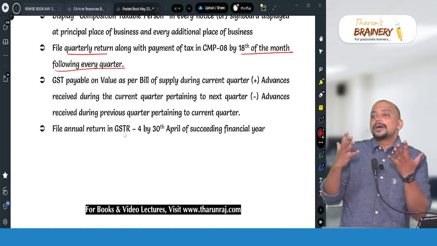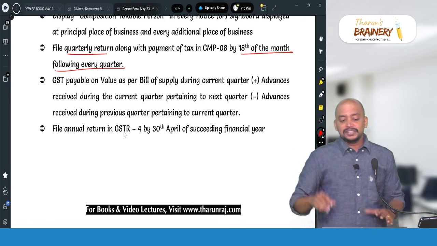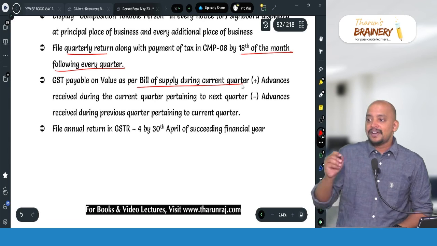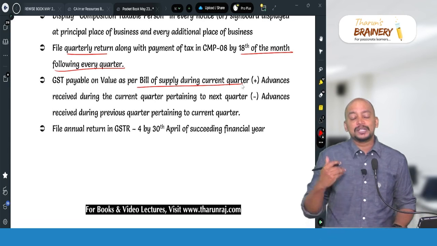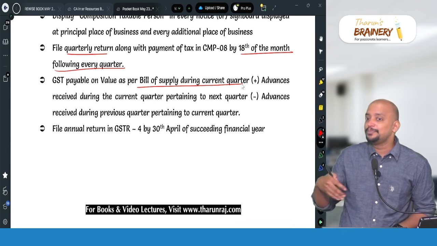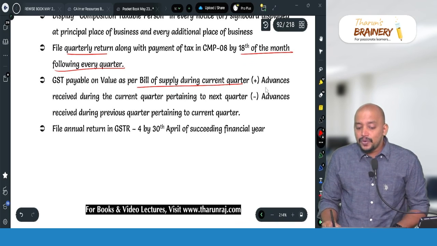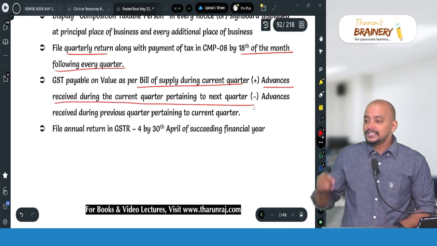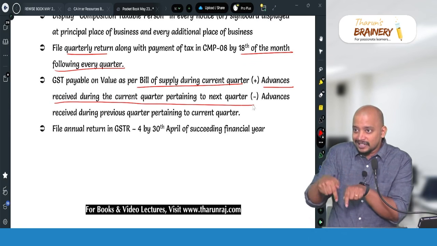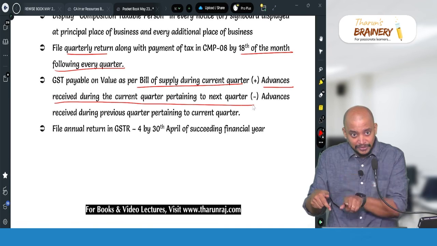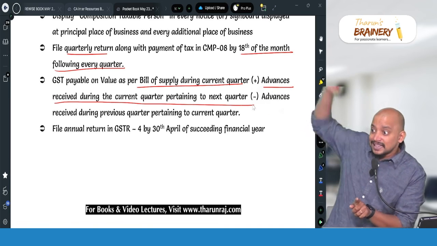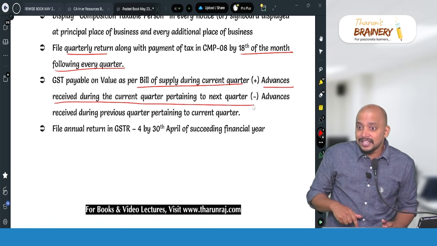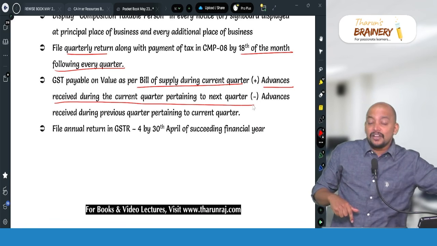So then how to compute the GST payable? First they need to take whatever is the value as per bill of supply during the quarter, because a person opting for composition scheme will be giving bill of supply, and add advances received during the quarter pertaining to the next quarter. Advances, because for which bill is not raised during the quarter, add advances received during the quarter for which bill of supply is raised in the next quarter, minus advances received in the previous quarter for which bill of supply